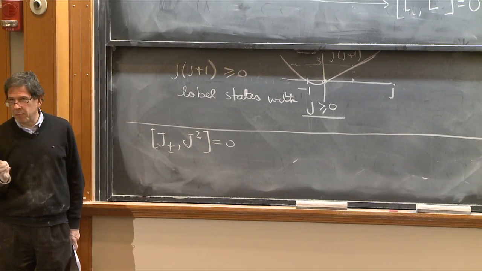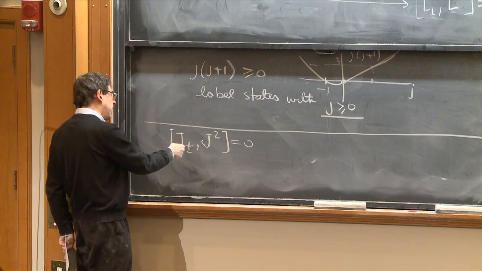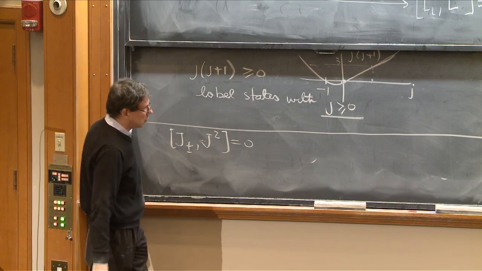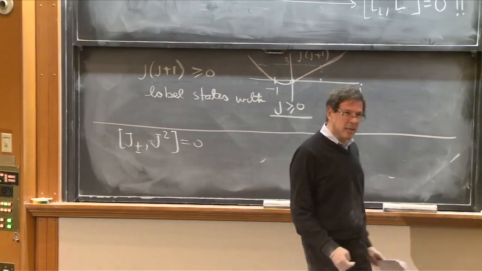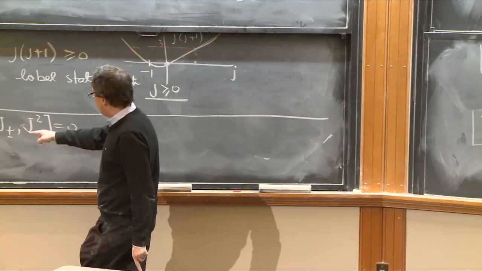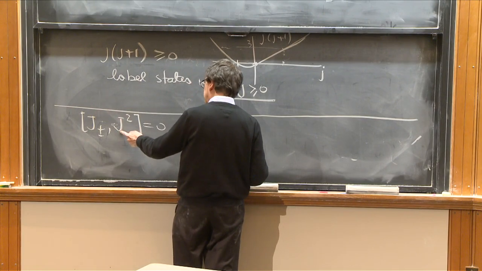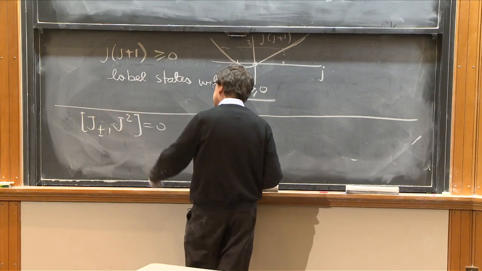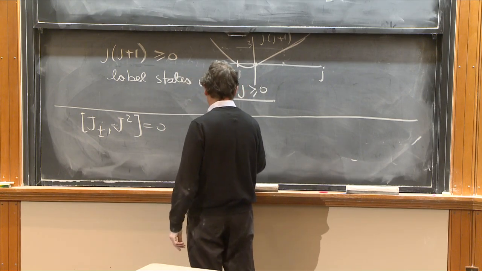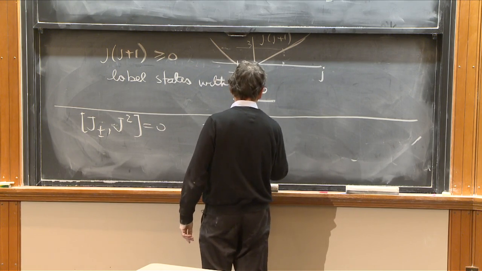That should not be a surprise. J1, J2, every J commutes with J squared. What this means in words is that J plus and J minus do not change the eigenvalue of J squared on a state. That is, if I would have J squared on J plus or minus on Jm,